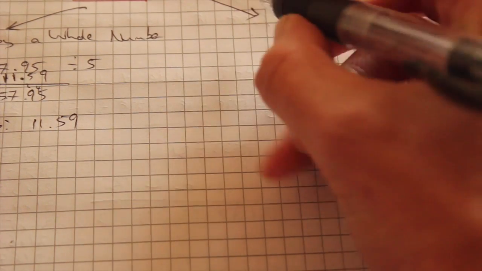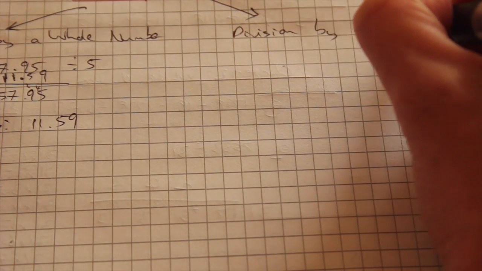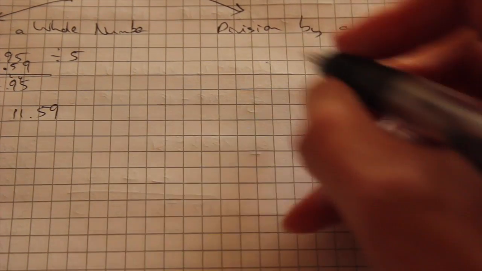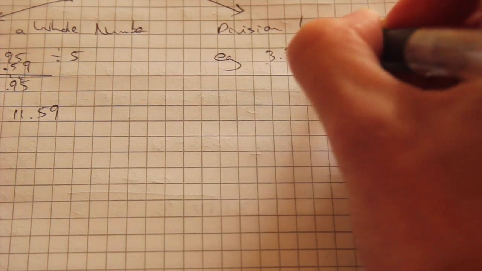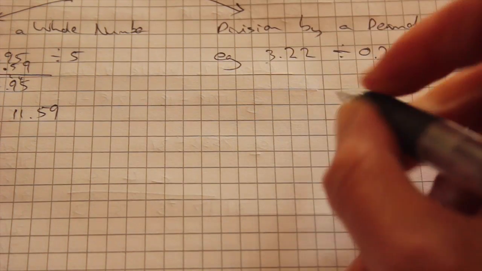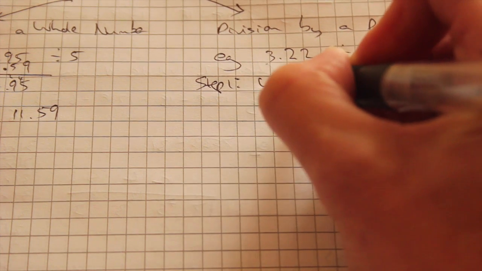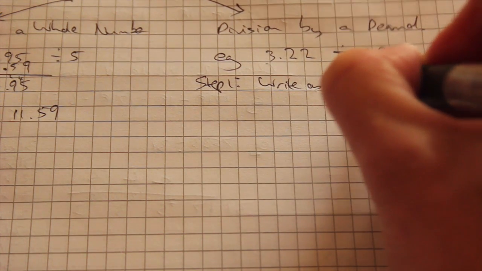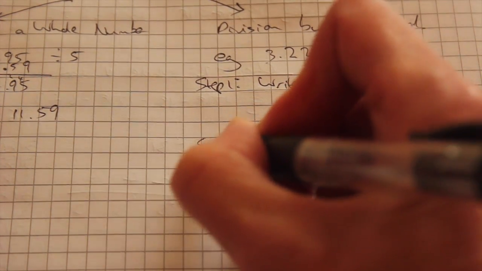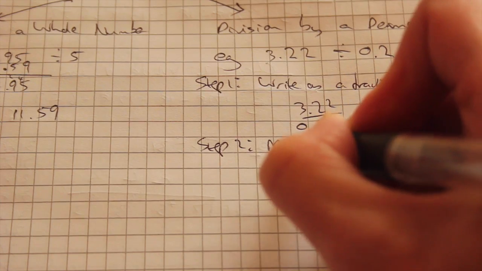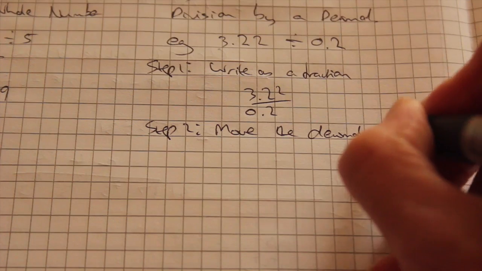The second type is division by a decimal. Now, say for instance the sum is 3.22 divided by 0.2. Now, first step, write it as a fraction. Now, what I mean by that is write 3.22 over 0.2. Step 2, move the decimal point. So move the decimal point on the bottom line